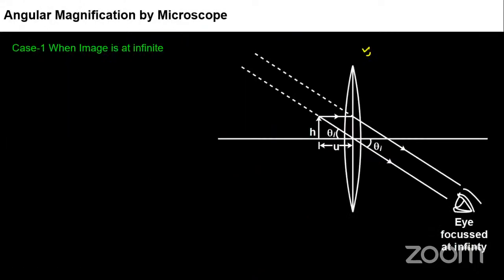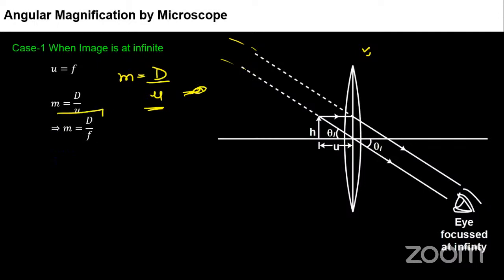So, simplifying. Two lenses are there, no? Simple microscope and compound. When the object is at infinite, the rays will be coming like this. For this, we know angular magnification is what? It's d by u. But if the object is at infinite, you will keep u equals to focus.